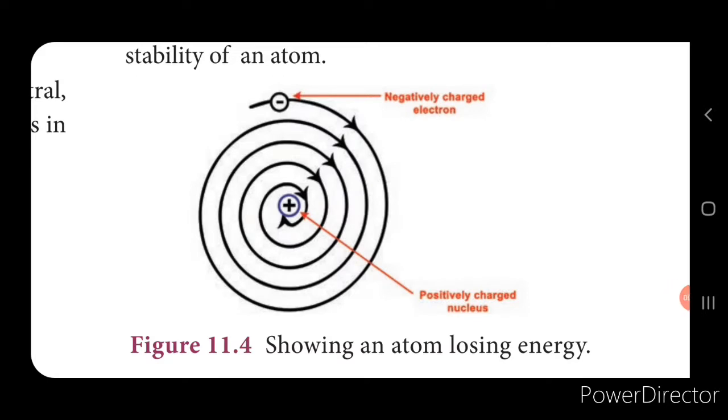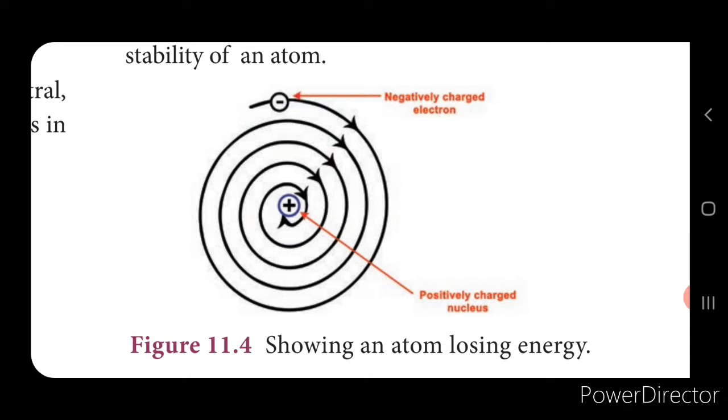Now, the only drawback of the Rutherford model is that a moving electron should accelerate and it has to lose energy. If the electron is revolving around the nucleus, it has to lose its energy and finally it has to fall into the nucleus. Now look into the picture, children. The electron, the negative electron, is revolving around, isn't it, in the orbit. Now if it is revolving around, if it is accelerating, then it has to lose the energy and finally it will come and fall into the nucleus, but it doesn't happen.